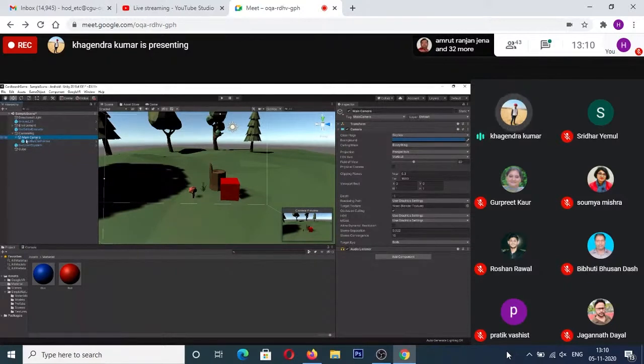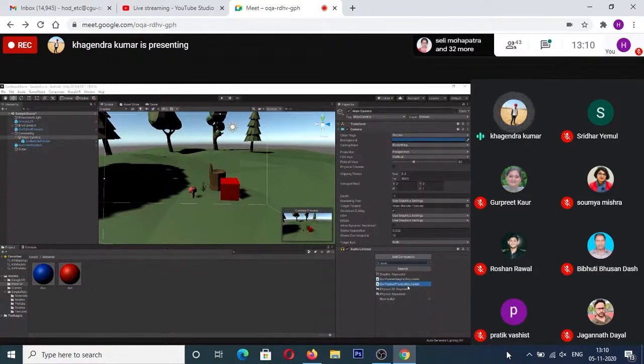So we're going to select our main camera again and add a script to shoot some rays. I can just write GVR, or I can write raycaster. Now you can see there are two raycaster components: GVR pointer graphic raycaster, which is graphic based, and a physics based raycaster.